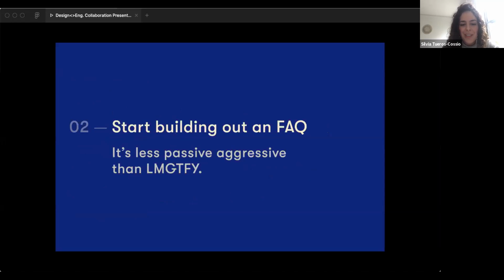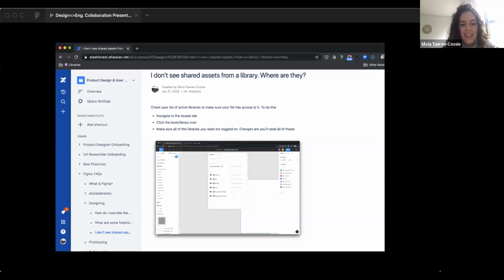So moving on to number 2, have an FAQ ready to link to. So when we first transitioned to Figma, we had emails, pinned Slack messages, even company-wide tutorials on the basics of Figma. And the fact is, people learn in many different ways. And if you're at the beginning of using a new tool, you will 100% be asked the same question by multiple people. So by having an FAQ, you can have those tailored answers ready to go. And then they can even link to more in-depth documentation if you need it. So it doesn't have to be anything fancy. Ours lives in Confluence.